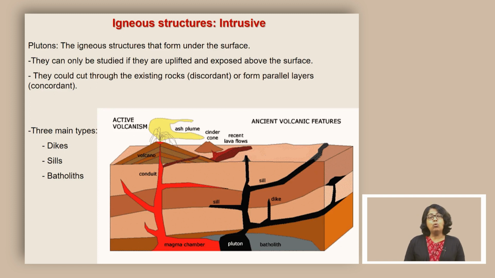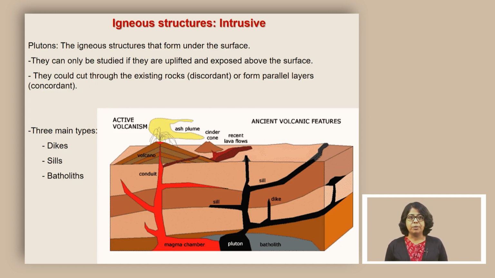But they could also do other kinds of things, such as they can cut through pre-existing rocks, and these kinds of relationships also tell us something about the relative age of such an event, such a plutonic event, in comparison to the pre-existing rocks. And we are going to talk about it in great depth when we discuss the concept of relative geologic time. Today we are going to focus more on how these structures form and what they look like